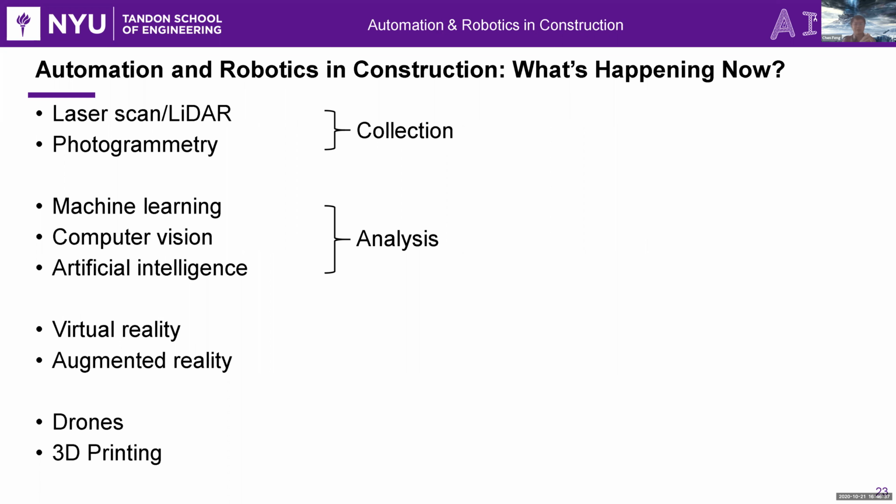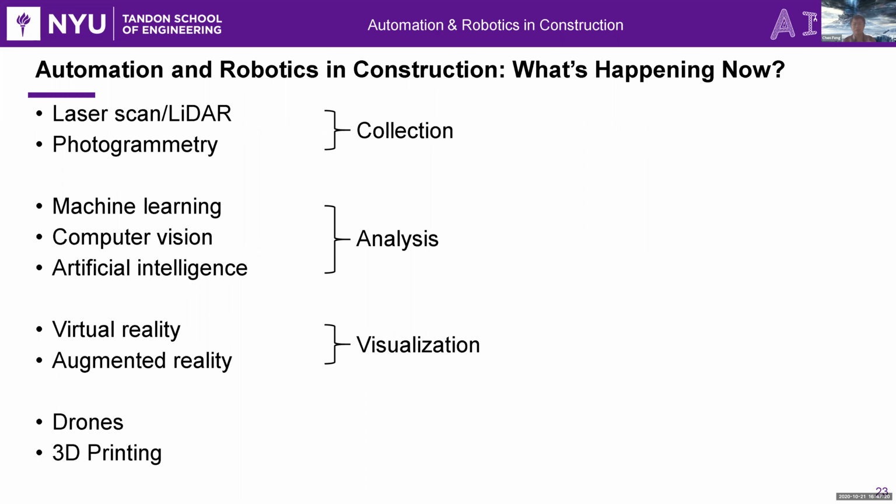The second group means to analyze the data that have been collected, because when you are using automated digital data collection, you easily have a large amount of data that is simply impossible to be examined by humans one by one. So when you are investing your resources in digital data collection, the next step is to invest in automated analysis, or at least assist your analysis using those technologies. Once you analyze those data, you need to be able to present them to stakeholders, to non-tech persons.